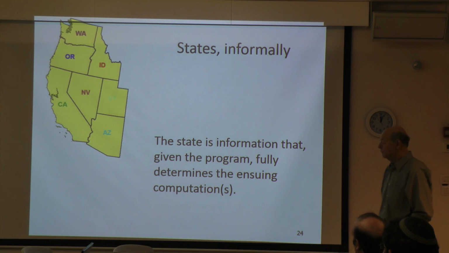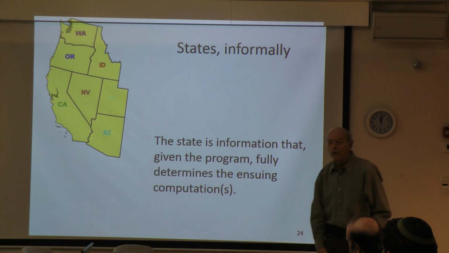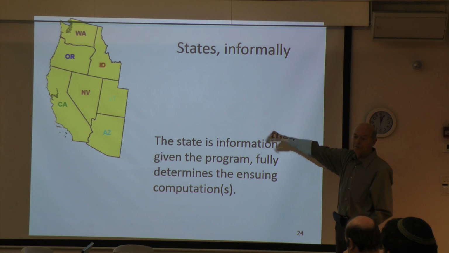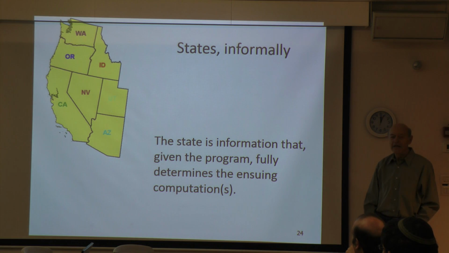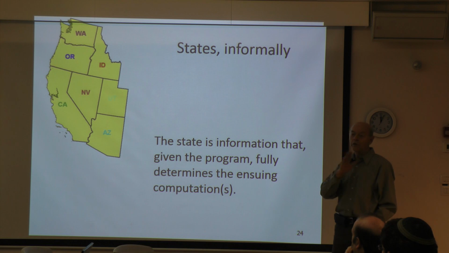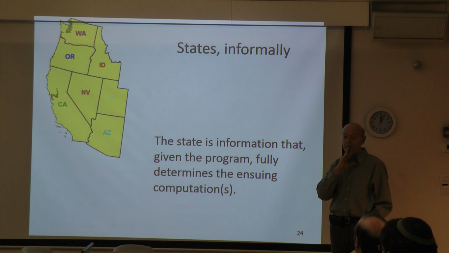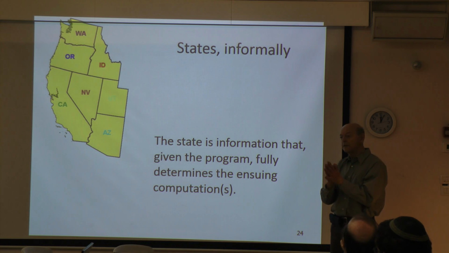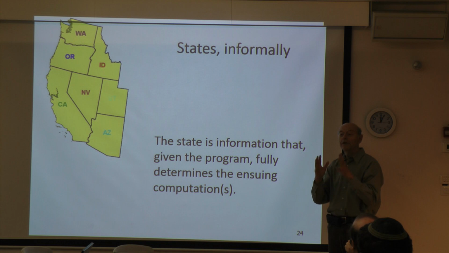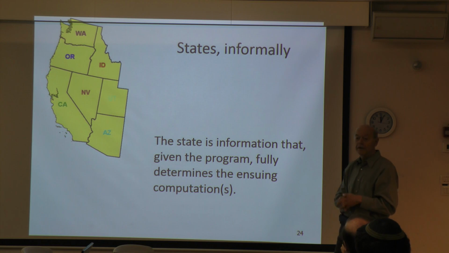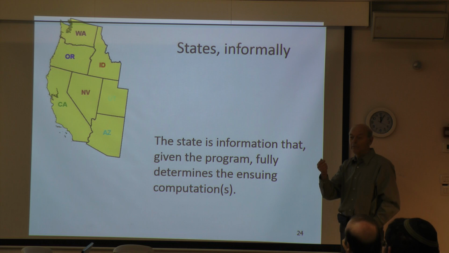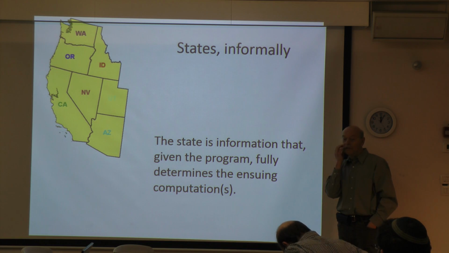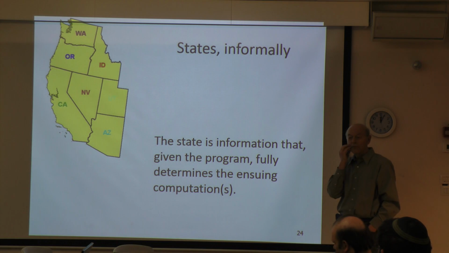States. So the notion of states is, as a rule, this is just a joke, don't take it seriously, as a rule defined wrongly in the literature. And I'll tell you why. So typically a state is defined as the values of the variables. So all the variables, you say what values your variables have, and that's the state. Now it seems okay, so why is it wrong?